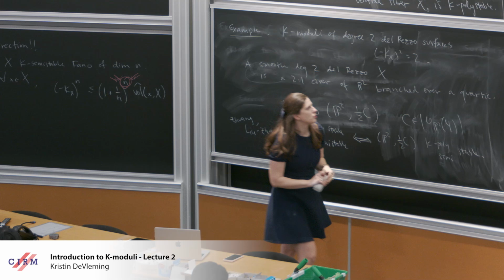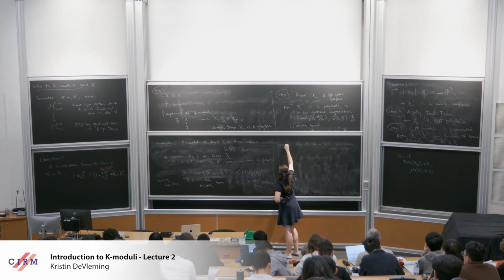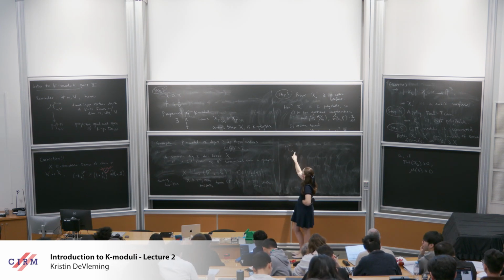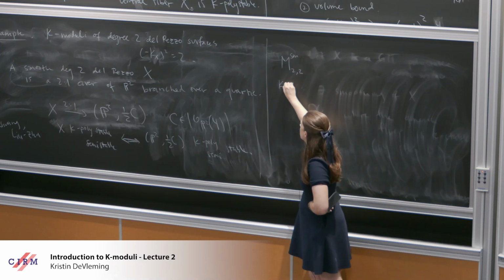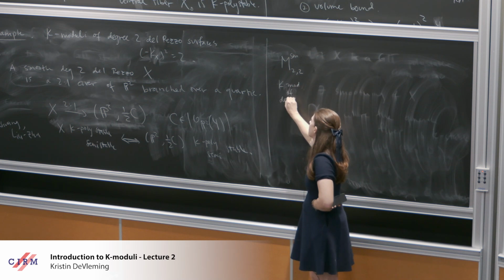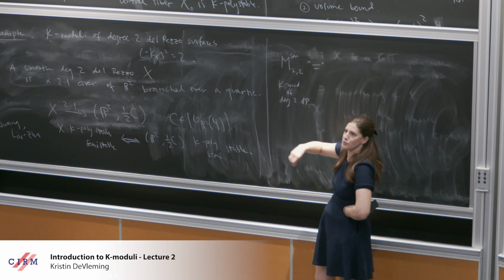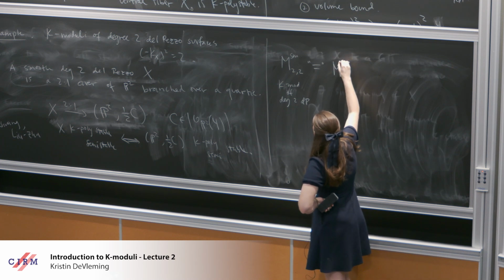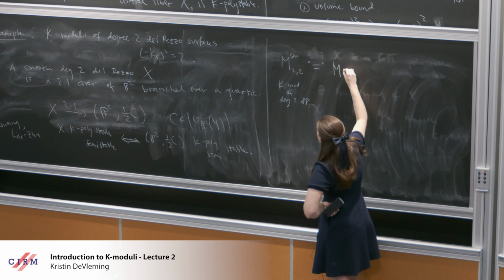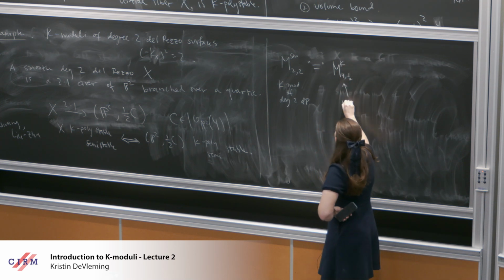Okay? So to answer this question about K-moduli of degree 2 del Pezzos, we have this K-moduli space, M, I'll use the same notation, M smooth of dimension 2 and volume 2. This is just the smoothable component. So this is our K-moduli of degree 2 del Pezzo surfaces. And in some sense you have to prove this, so I'll put equal in quotes, but this is equal to the K-moduli space. I don't have a good notation for this, but I'll call it M^K_4 upper 1/2. So what is this? This is going to be the K-moduli space